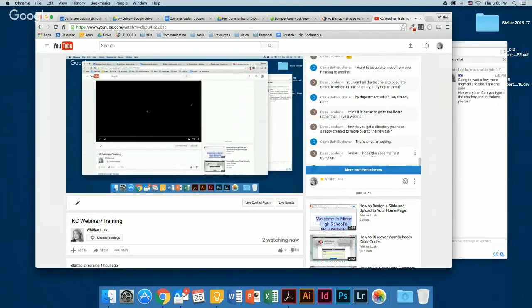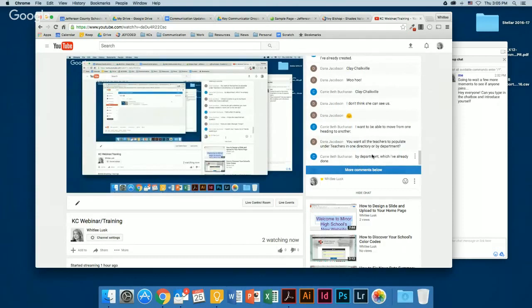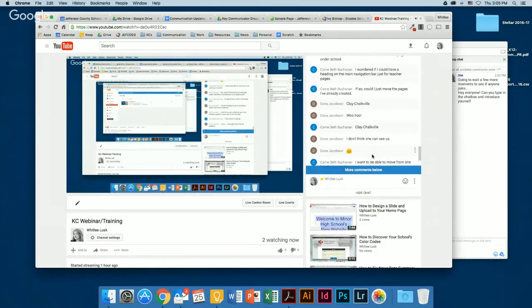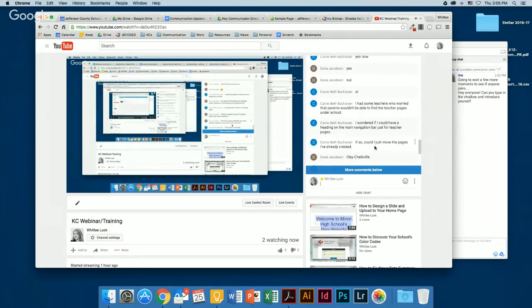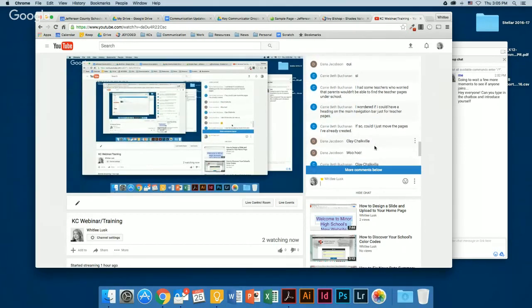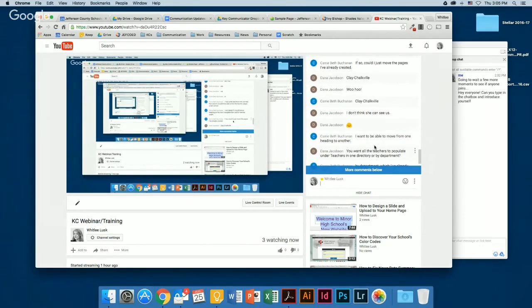So let's see. I want to be able to move from one heading to another.